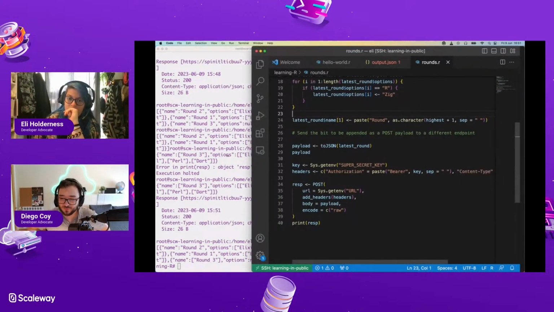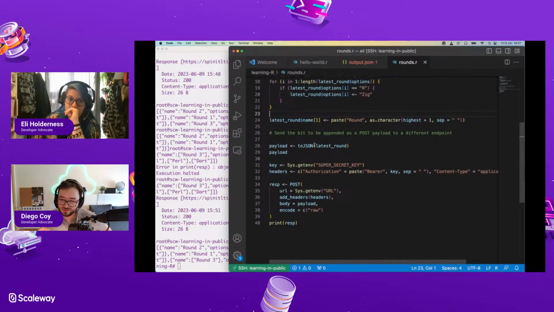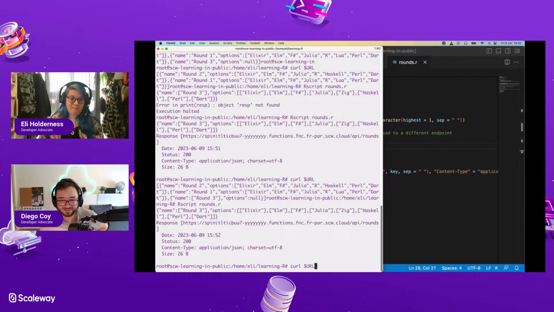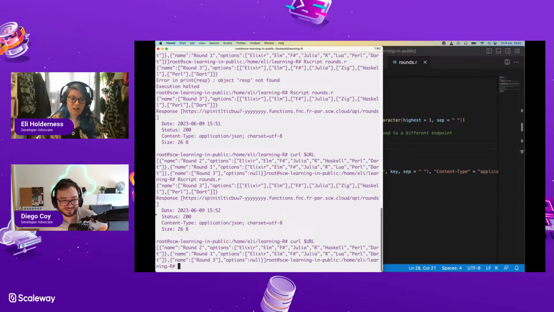What if you change it back to JSON instead of raw? Will that give the same result? Well, I also wonder if we don't want to do this toJSON thing. Maybe, I don't know. Okay. Have you reset it? Yes. Same, same.